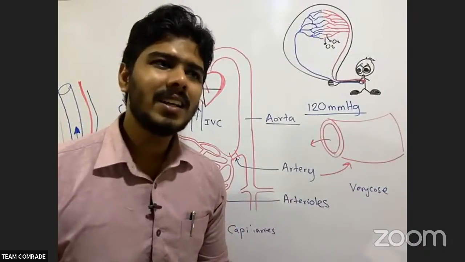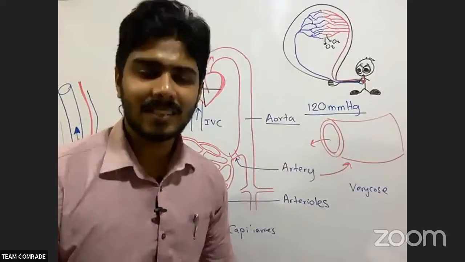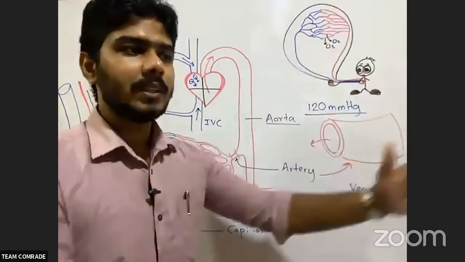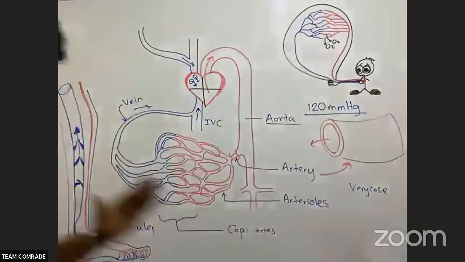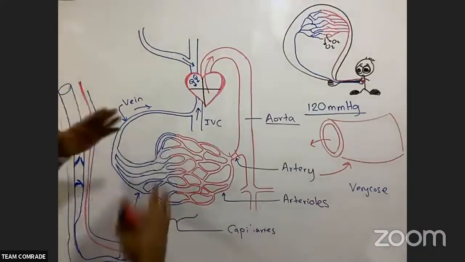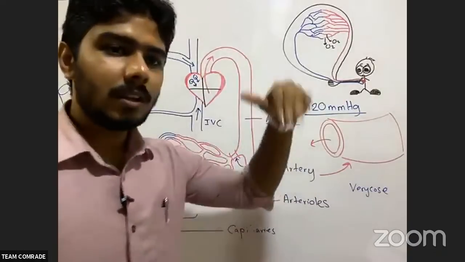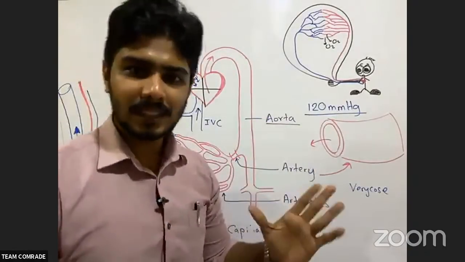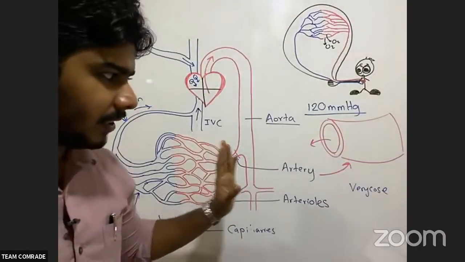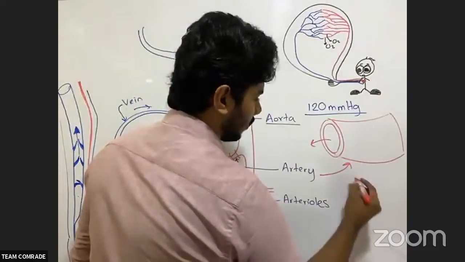Just remember: veins have valves. Logically, now you know, when the blood wants to go up but is coming down, the valves get closed. When the blood goes up, it will get stuck. That means little by little it goes up and will not come down. Because of that, they have valves. Is it clear? So arteries, no valves. Are you clear?